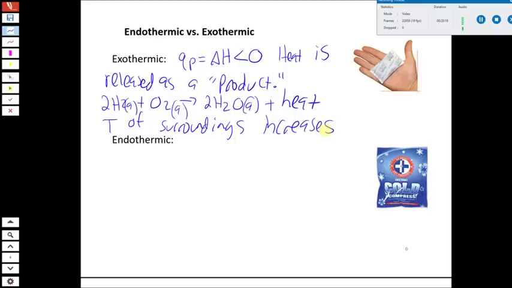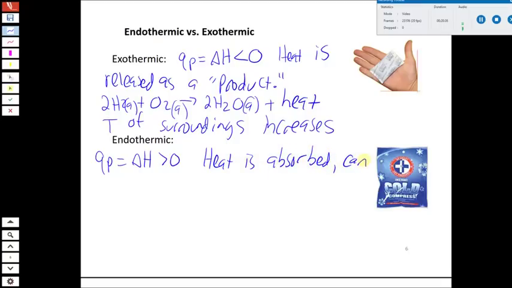Endothermic is then the exact opposite of this, would be when the heat is greater than 0. So when delta H, or the heat measured at constant pressure, is greater than 0, that means heat is absorbed and can be shown as a reactant in some sense. Again, it's not really a reactant. Heat is not a chemical substance, so it's not rigorously correct to show it as a participant in a chemical reaction, but we can think of it this way at least. So heat can be thought of as a reactant in a chemical equation when it's endothermic. So if we take